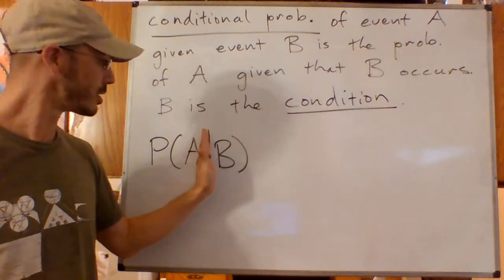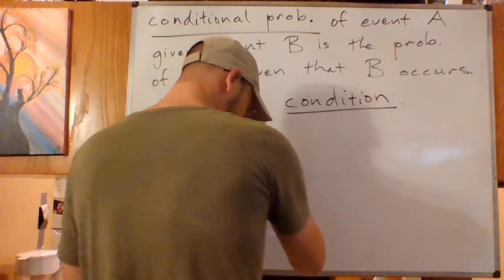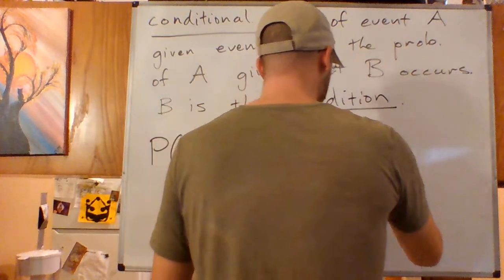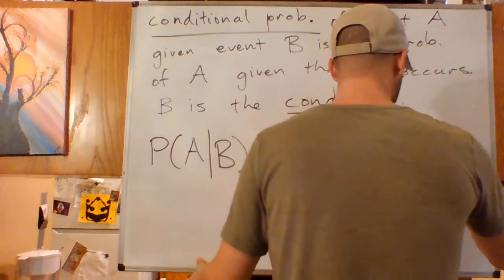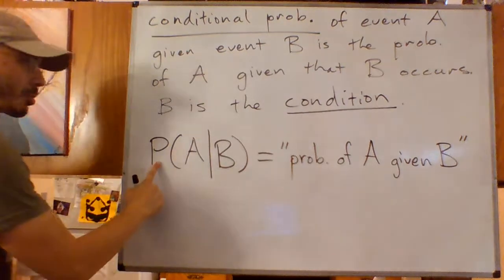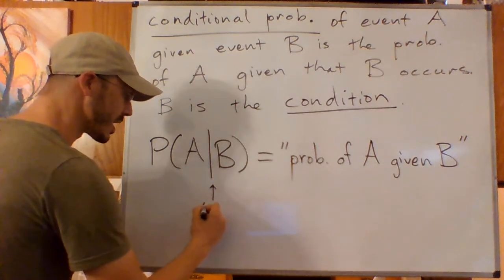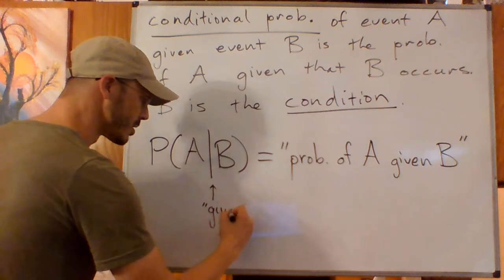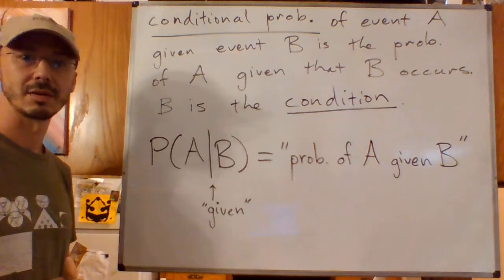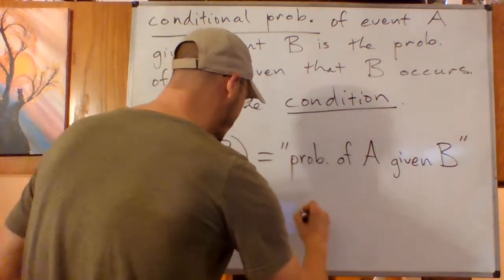It's a divider that's read as the probability of A given B. The best way to pronounce that line is as the word given. It's the condition that it separates. The condition